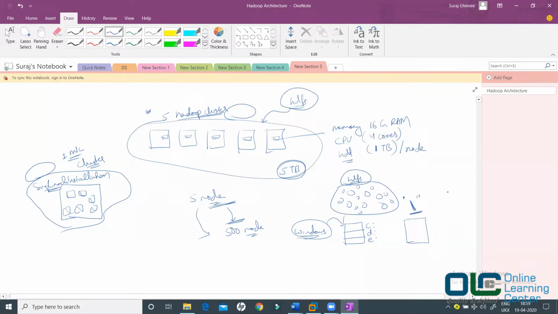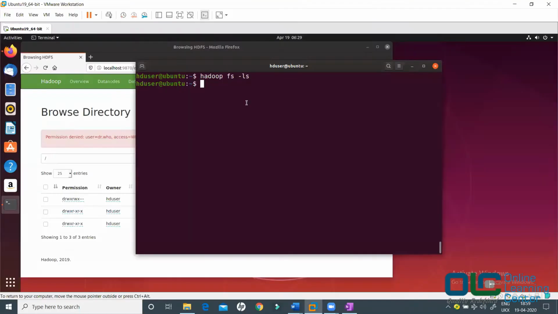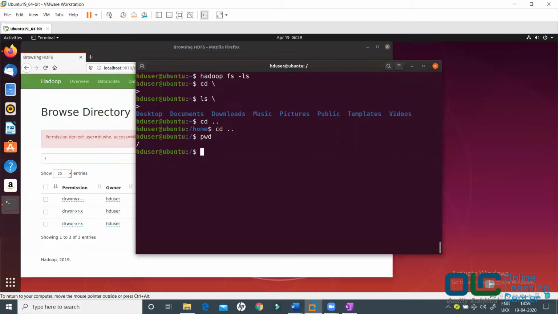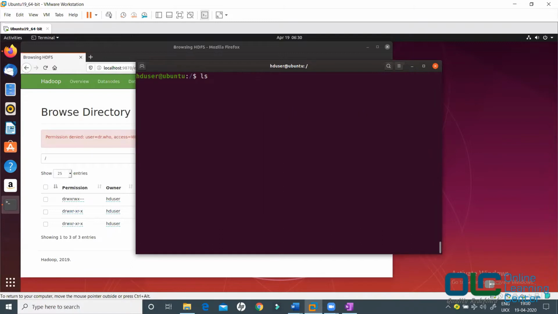So for example, let me say cd .. and cd .. again, and let me say pwd. See here, I would have given the backslash, but this is not the correct slash; the forward slash is the right one. This is the root of your Linux. Now I am inside this slash. If you say ls, showing the files and folders that exist here, you will see all these folders.